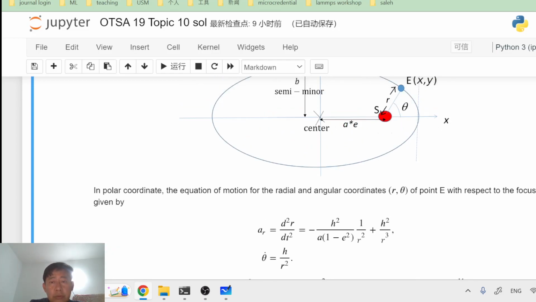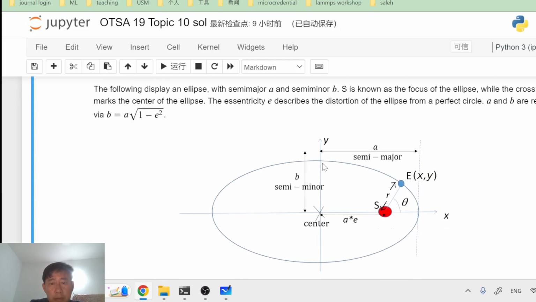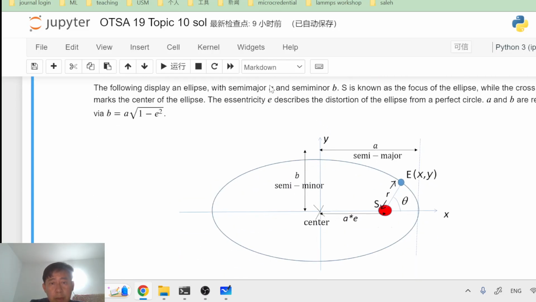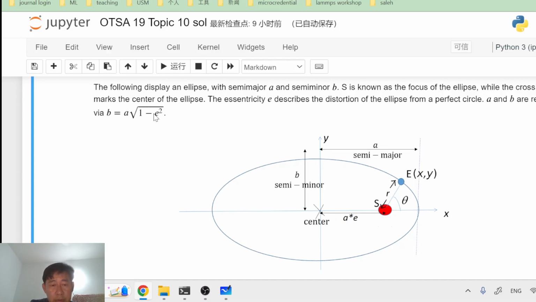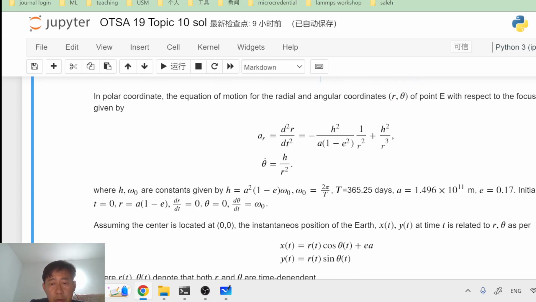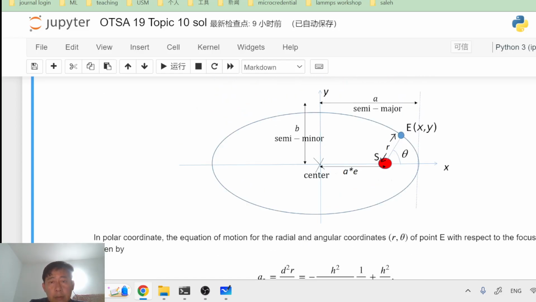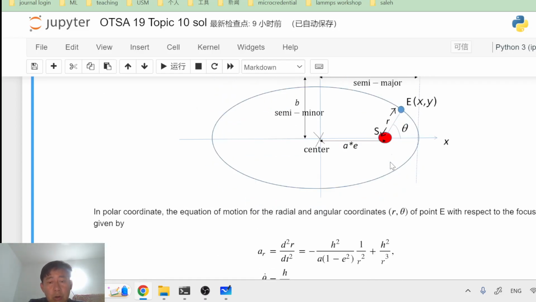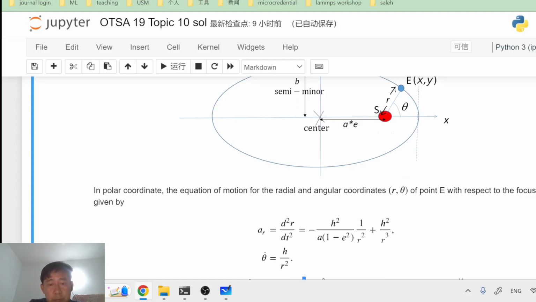So what you need to do is actually try to figure out how you update the positions of r at different times, and then these are the constants given to you. The a and b are the constants given. Epsilon, this e, is a small number given to you, and so is omega, which is also a constant. So based on these constants given, your job is to try to use the equation of